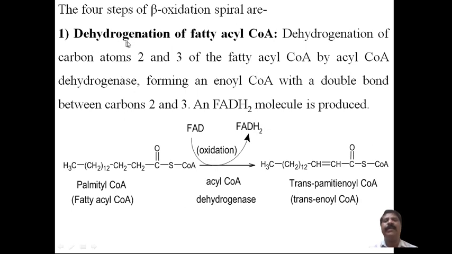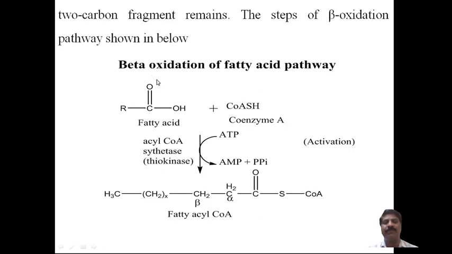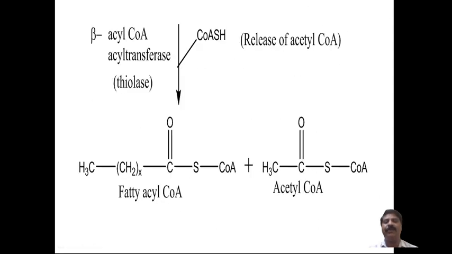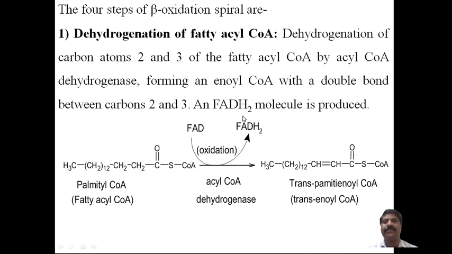The first one is dehydrogenation of fatty acyl coenzyme A. Because the first step will be the same here. Already written here is the first step in which palmitic acid coenzyme, palmityl coenzyme A, is prepared, that is activated, and this activated compound is further subjected to four steps. Four steps is called beta oxidation. Those four steps of the beta oxidation spiral of fatty acid exclude the activation of fatty acids. Now we have to take the activated fatty acid here.